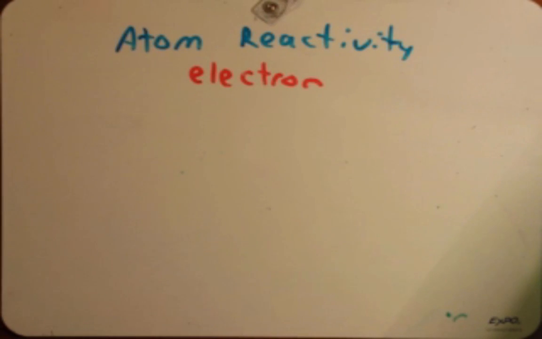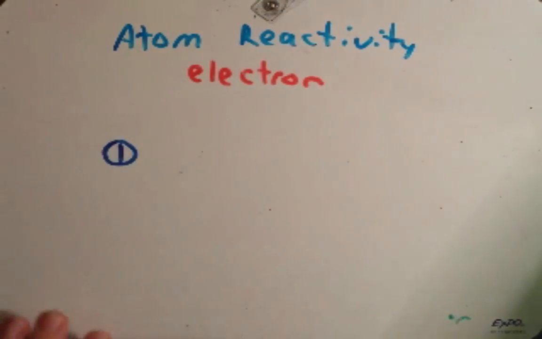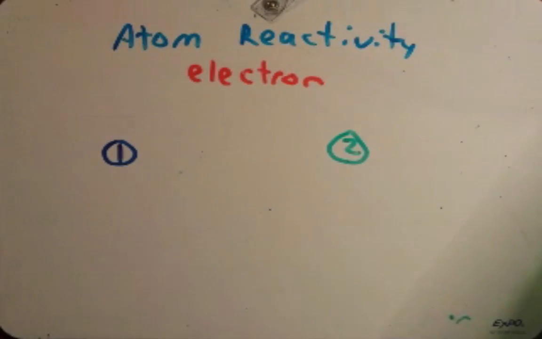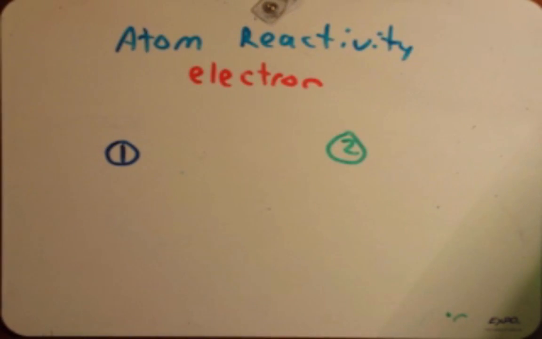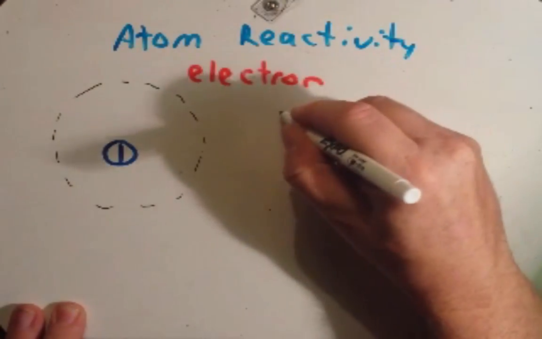Now, in your chemistry class, and perhaps your physics class, you'll talk a lot about electrons and their importance and how they're involved in the structure of the atom. What I want you to know in this class is that if you have two atoms, we'll just make it atom 1 here and atom 2 here. The part I circled there is the nucleus of those atoms. You may have already learned in a chemistry class, or maybe you're learning it right now, that on the outside of these atoms